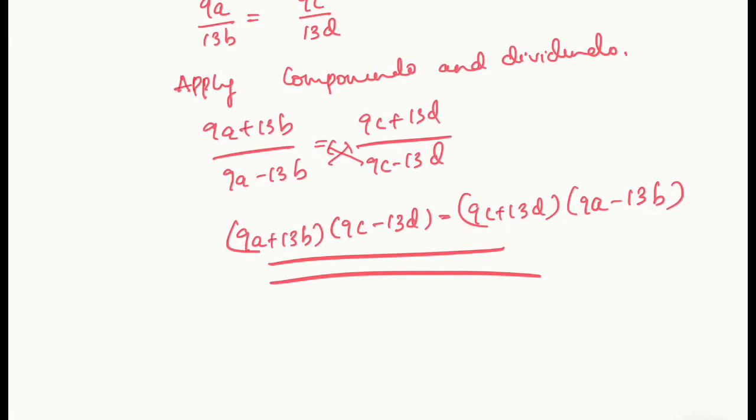Write down the properties of proportion in your classwork along with the proof that's given in your textbook, and do the third sub question of the first main question in your classwork. You can do the second question also. Complete till question number 2 in your classwork. Okay, thank you students.